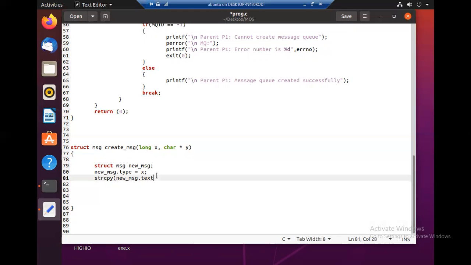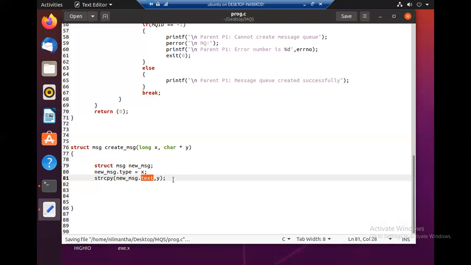And to this location, the content of this character pointer that is passed as the second argument of this create MSG function, so whatever the content of y, will be copied by strcpy to text